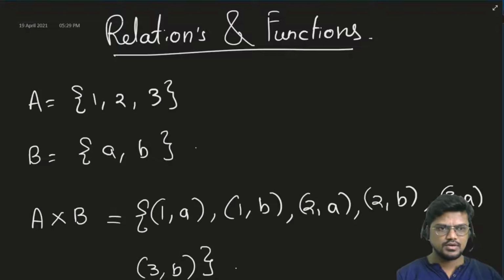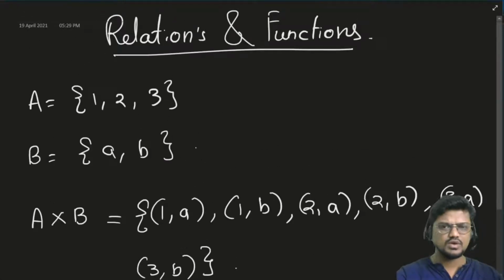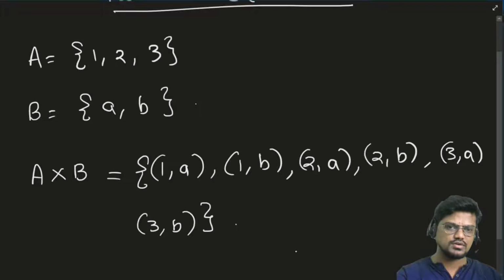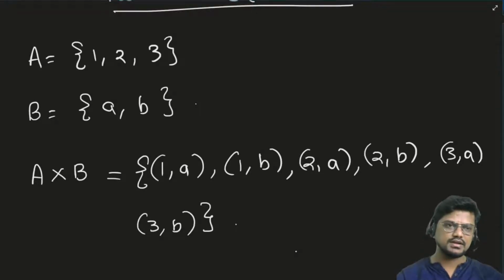Fine. So guys, today we are going to continue with the same chapter, relations and functions, which we have studied in the last class. I hope you remember whatever we have done in the last class. I will still repeat it. See, what is a relation? I have told you. This is a cross product. If A is related to B, then we write it in this way.